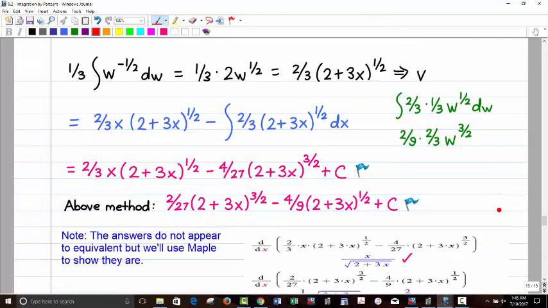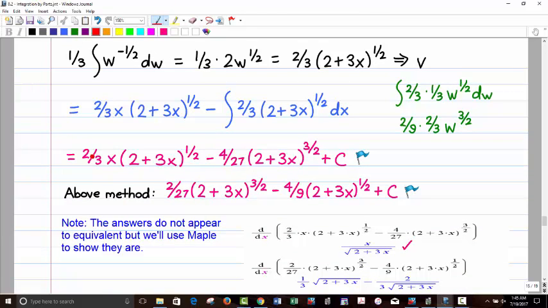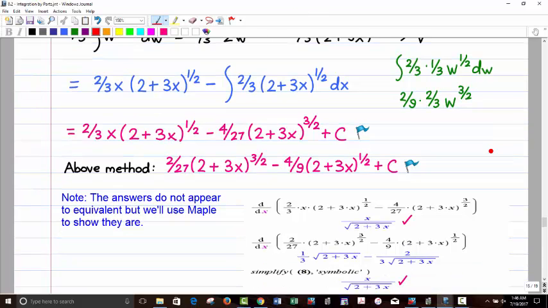Now, this is the answer I just got, and then I'm labeling for you here the answer that I dragged down from the other method. So on visual inspection here, it looks like I did something wrong. The good news is I did not do anything wrong. Those are actually mathematically equivalent. You would not be asked to show this, at least not by me, to show that they're equivalent. So instead of doing all the algebra to make them match, because one thing to keep